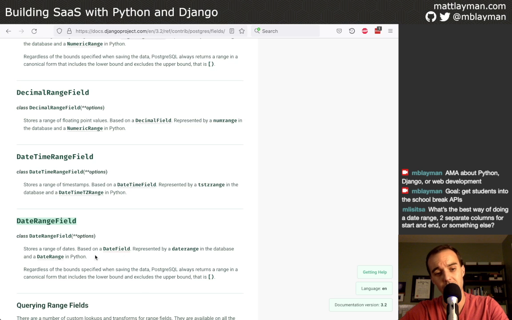I probably should have done this, because I know I'm using Postgres, but I opted not to. So that's another pattern you could pick to make your models represent that, and that would probably be a single column. I can't speak to how date range is represented under the covers inside of Postgres. I imagine it's more efficient by using this kind of range. It's not the pattern I selected.